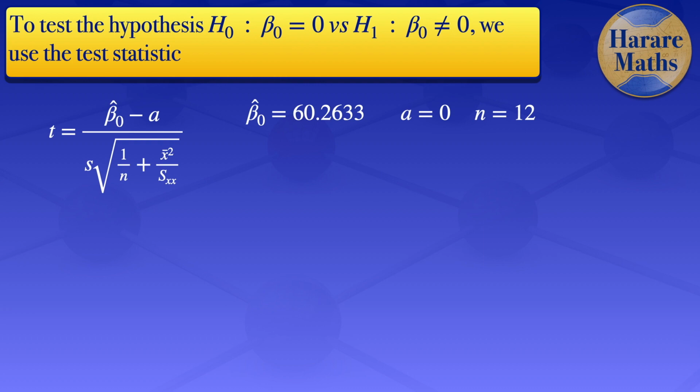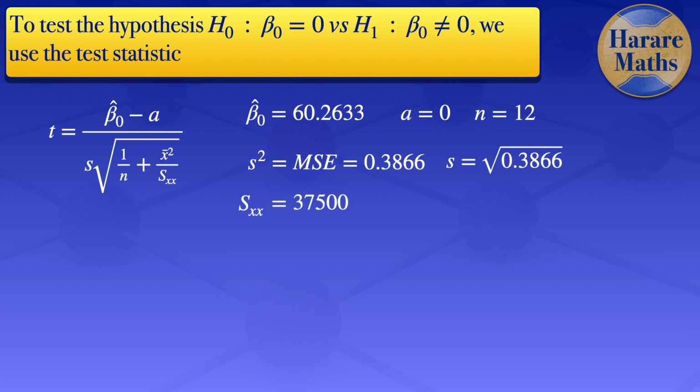The mean square error there gives us the sample variance. So we have our S squared is 0.3866. And to get the standard deviation, the S, we take the square root. So our S, the standard deviation, is the square root of 0.3866. Our Sxx, we had calculated it and we saw it was 37,500. Our X bar is 225. So when we plug in those values,